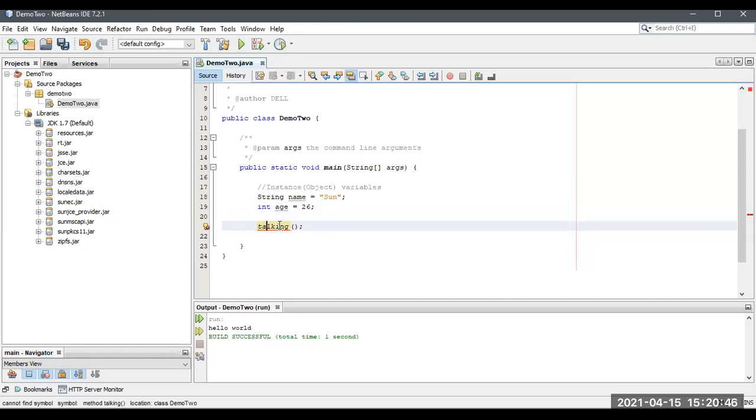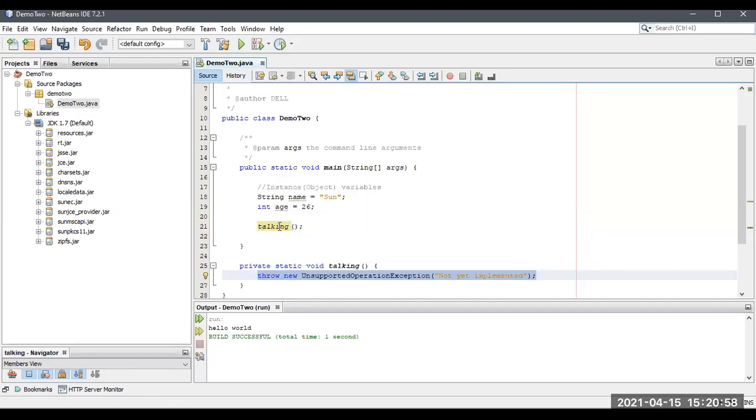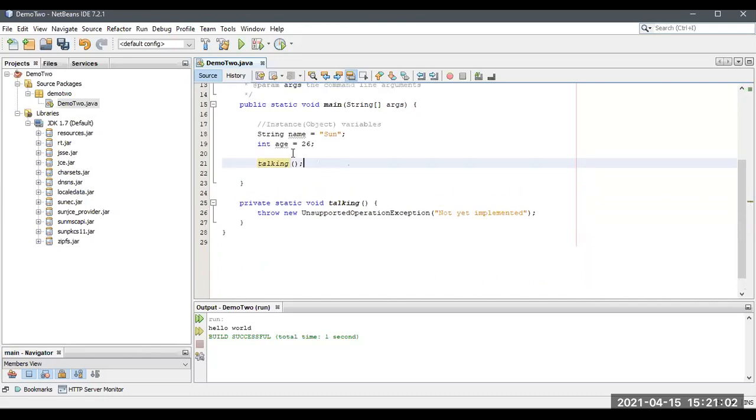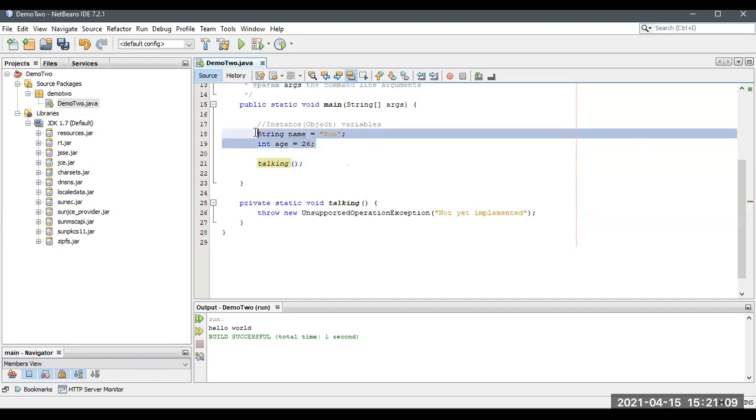What is this error? Cannot find symbol, method talking, class. Okay, now I'm going to declare it. Create a method. Yeah, it has been created. This is a method which is the property of a particular person.